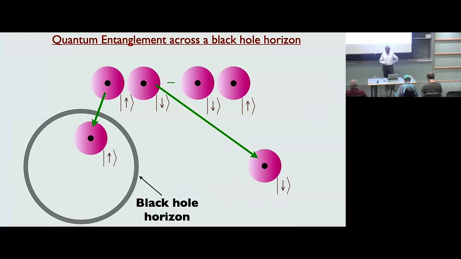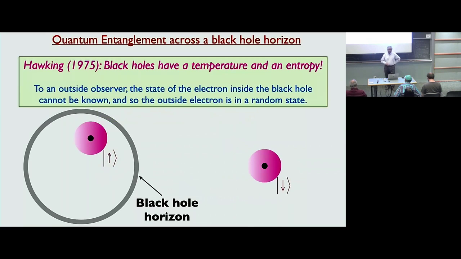There's nothing physical at the horizon. There's no stop sign or anything. It looks the same as you're going through it, other than strong gravitational fields. But that presumably doesn't affect the spin very much. And so they're still entangled. So if I'm an observer outside the black hole, I have with me this qubit, which is entangled with a partner, at least for a little while, which is inside the black hole. So by considering this,